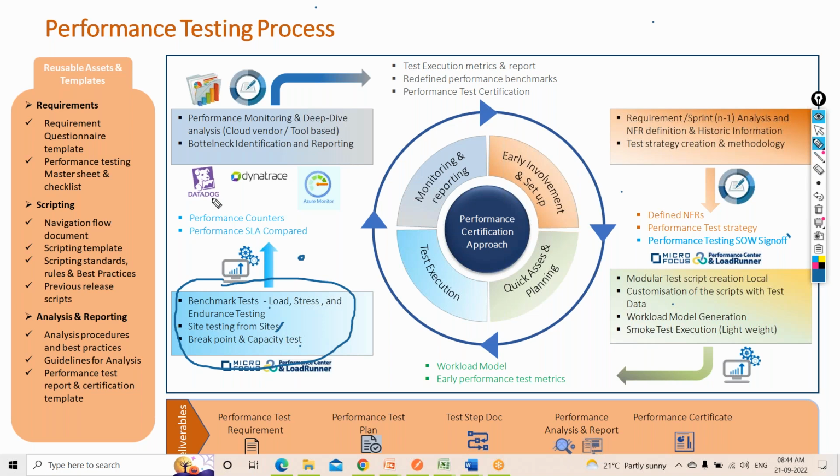From there, at the bare minimum, you can monitor the CPU, memory, and disk space during a test execution. If a good APM tool is available with you, let's say Dynatrace, you can analyze a lot of things. We will see how that can be done. So performance counter, you have to configure. Usually, if you have the access, you can go ahead and do it as per your will, or you can tell the client or whichever team, and if they give you the access, you can configure the counters. We'll also be creating the dashboard. Then performance SLA compared. SLA compared basically comes from benchmarking, because we are doing the benchmarking.